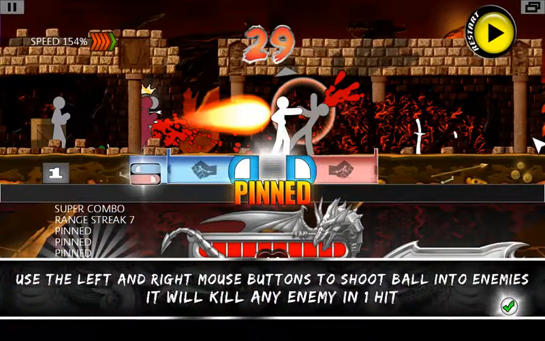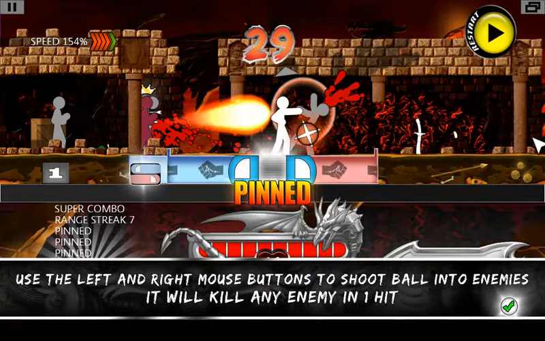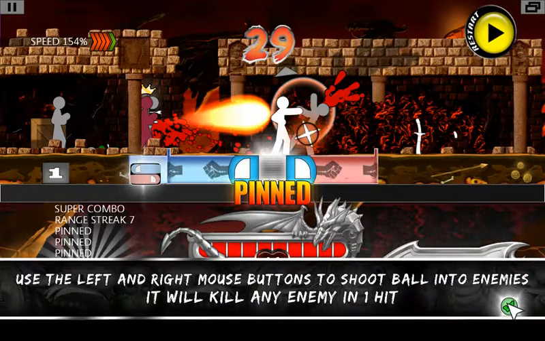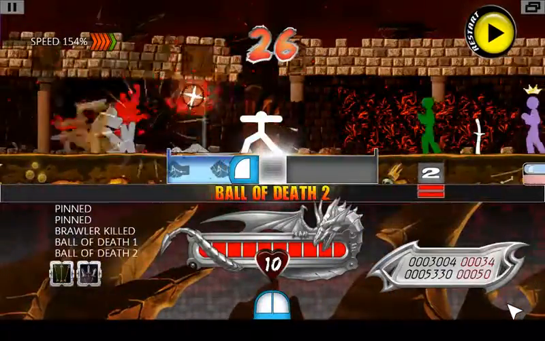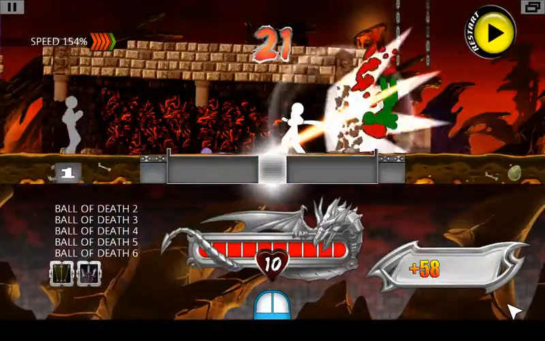Ball of Death. Into enemies. It will kill any enemy in 1 hit. Juggle the ball back and forth to kill as many enemies as possible. The ball must be in your left or right mouse button zones in order for you